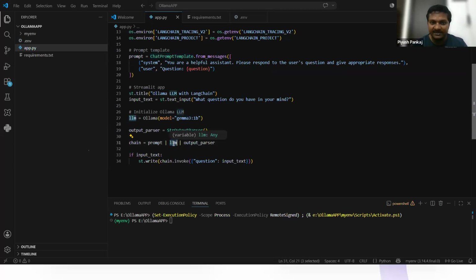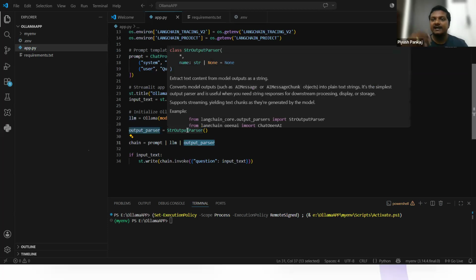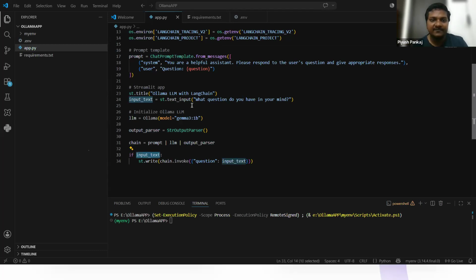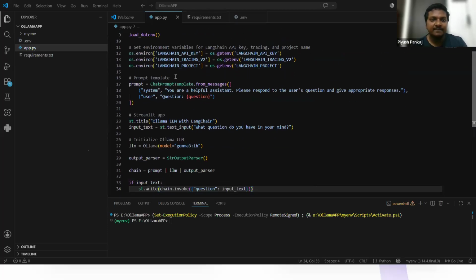The LLM is going to generate the response, and whatever response is generated will go through this object, output parser, so that we can get the output as a proper string. And if there is input text, that means if the user has given an input, st.write is going to write whatever the chain invokes, with the question being nothing but the input text.